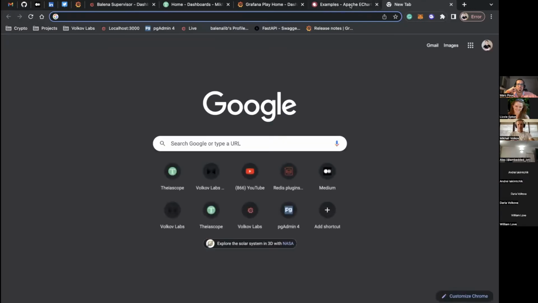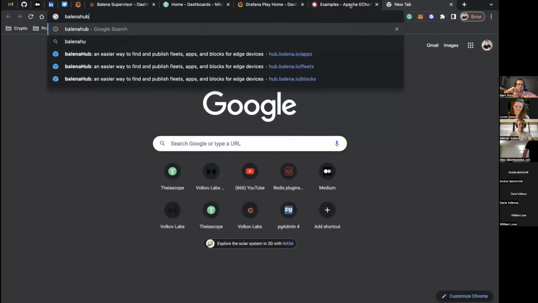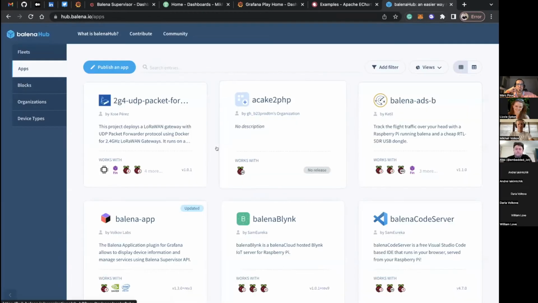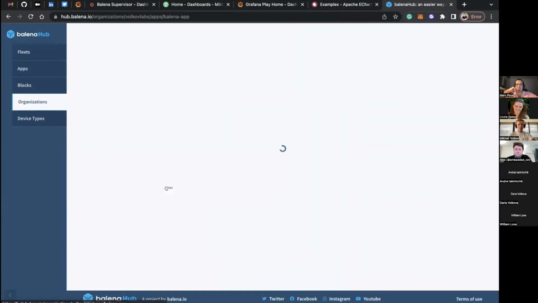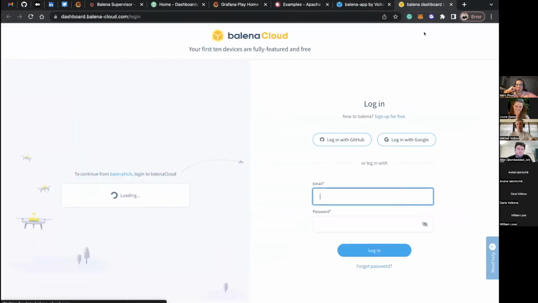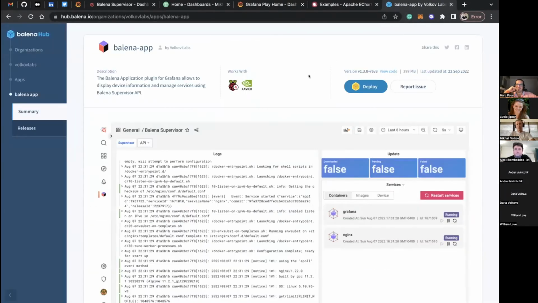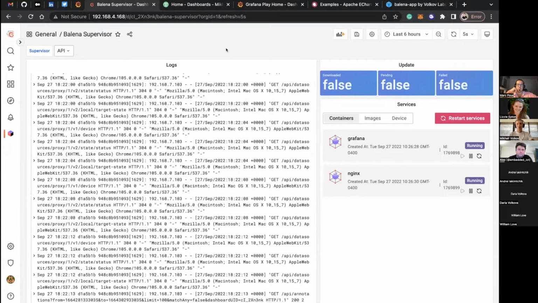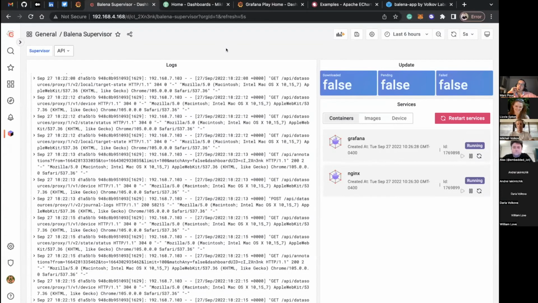Yes, you go to balenaHub. I choose the application, and there is the Balena application. So you click on it, and you click deploy, right? And then it will go to your Balena dashboard. You choose the parameters like any other Balena application, and you will have the Grafana application and Nginx in front of it. Nginx in front of it will provide the access to the same application I have on my Raspberry Pi. So can you show what containers or services you need to add on your fleet,